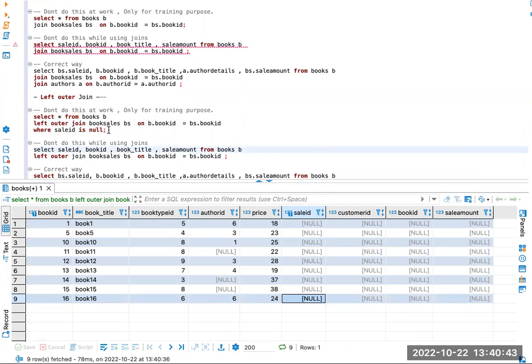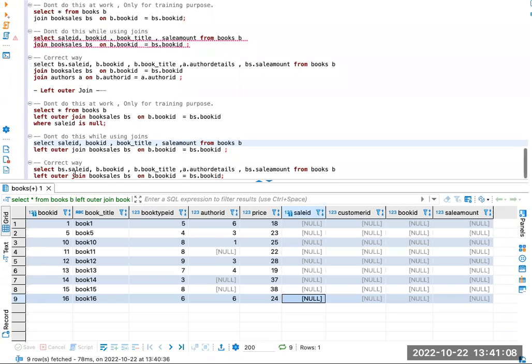That's the left outer join example, but this is not the right way to do it. Like explained in the previous example, do not do this. Always use aliases in front of the columns that you're going to display. If you're not sure about aliases, please watch my previous videos, including the inner join, to better understand. The right way to do it is, here we go, always put aliases in front of your column names. And when you execute this SQL,